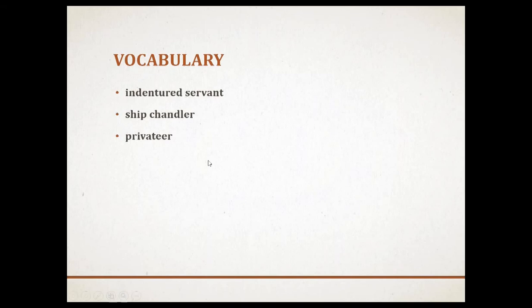I know what an indentured servant is. Okay, go ahead, Nathan. It's a servant that goes and learns a trade, but doesn't get paid for it. Then once they master the trade, they begin teaching others a trade. Right, right. So it's basically a situation where